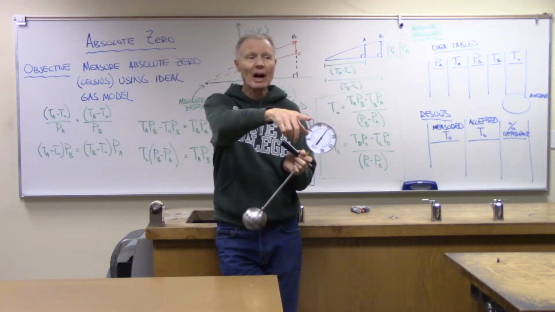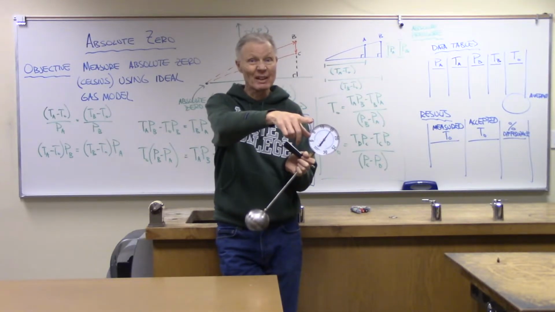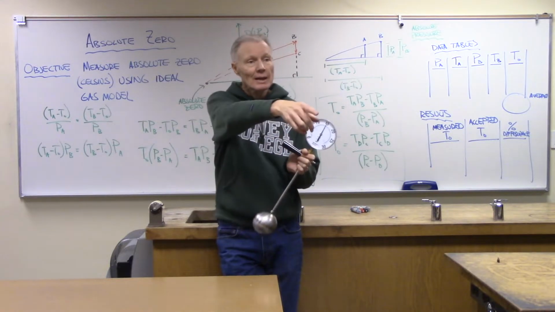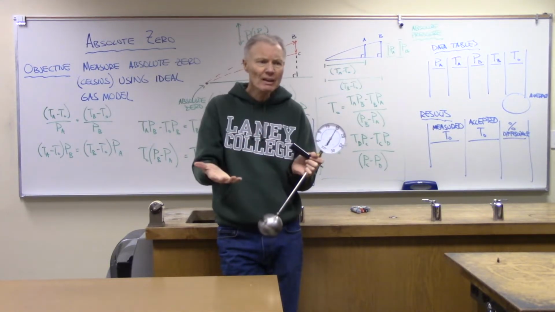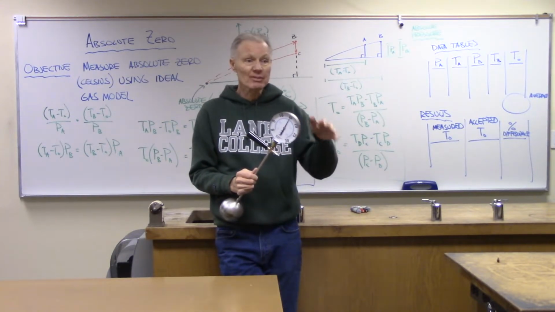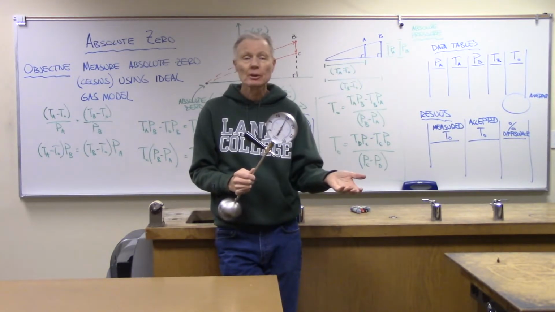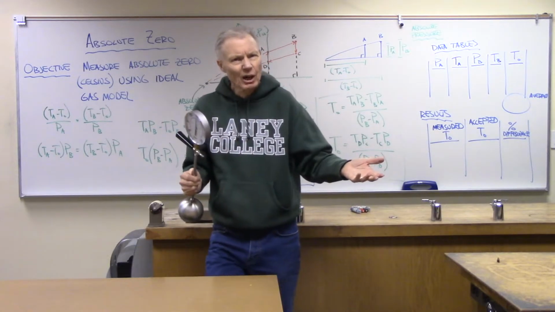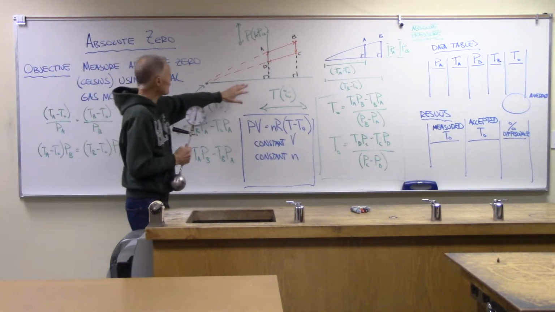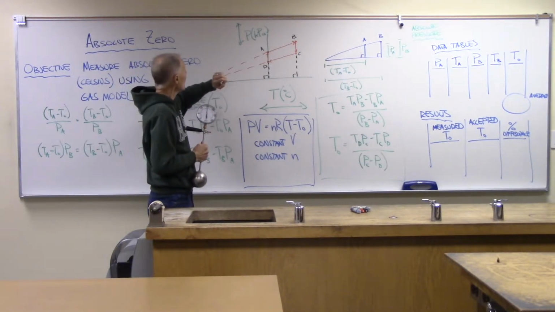And then I also have an ice bath getting ready. I got some ice actually brought in from home. I've been collecting ice, and I'm going to make an ice bath. So what we want to do is have temperatures of somewhere around 0 Celsius and somewhere around 100 Celsius. And what that's going to provide for us on our scale here is, look, if I take a